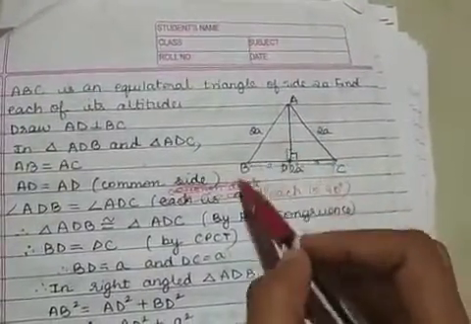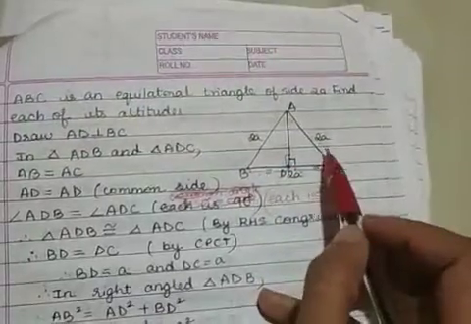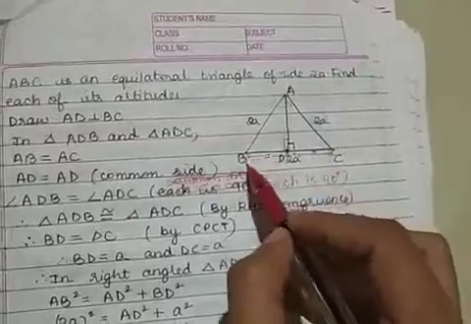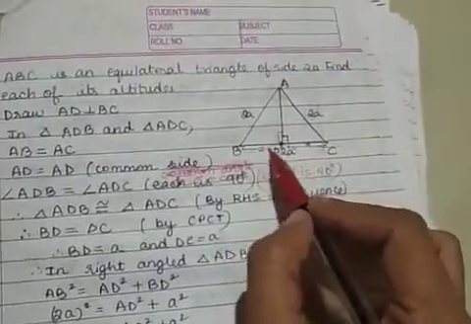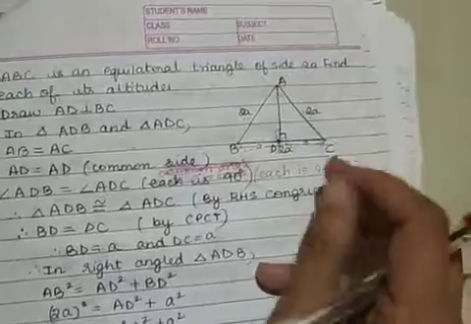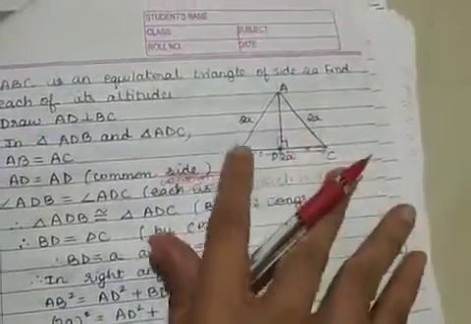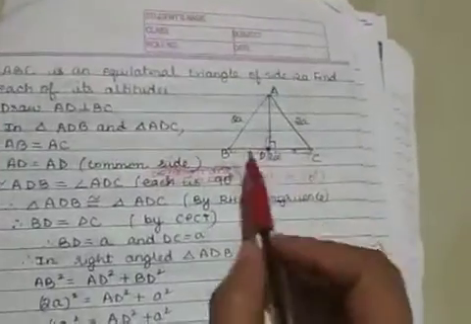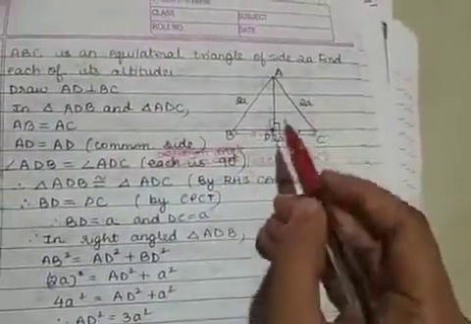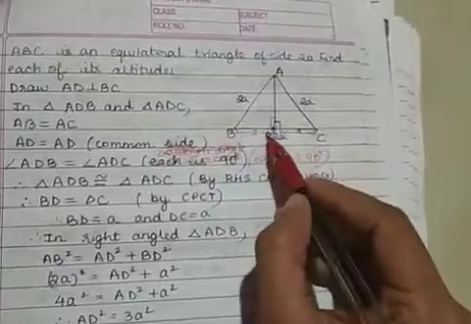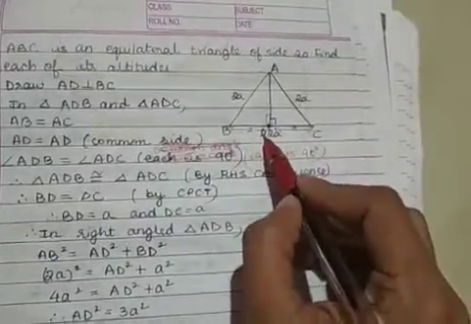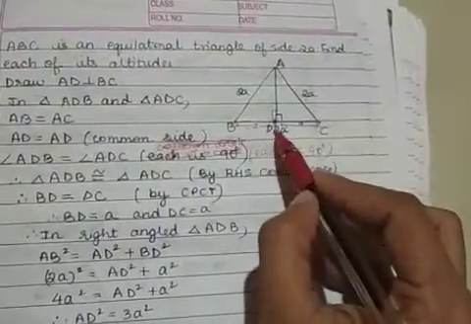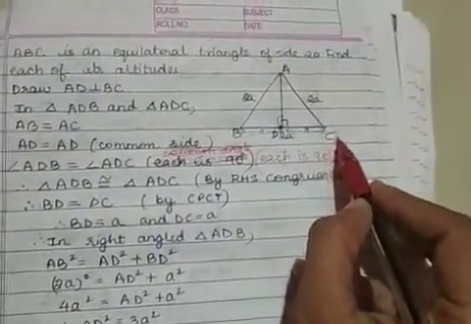Okay. Now if these two triangles are congruent, then we can say BD is equal to DC, correct? Because it is a corresponding part of the congruent triangles. So BD is equal to DC. Now the entire length is 2a. So if these two lengths are equal, that means this point divides the length BC into equal parts, correct? So the side BC is divided into equal parts by D. So since BD is equal to DC, each of them should be equal to a, since the entire length is 2a. So BD is equal to a and DC is equal to a.